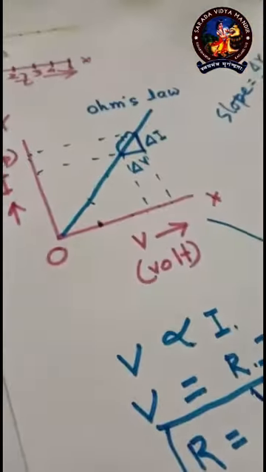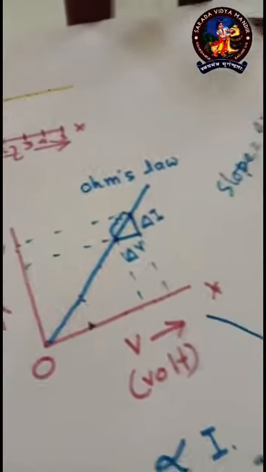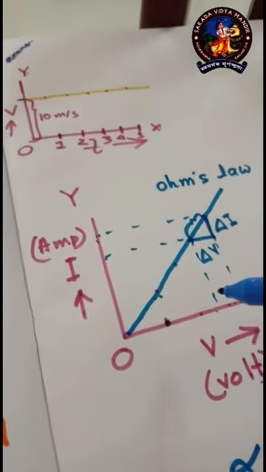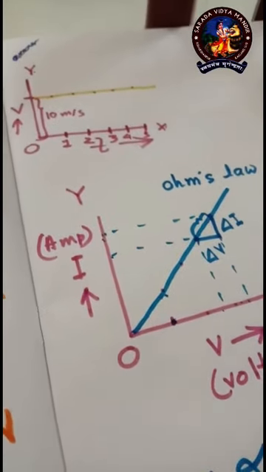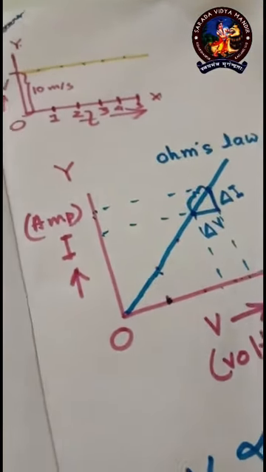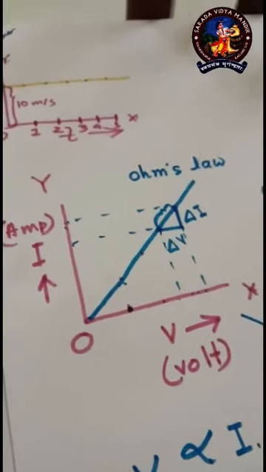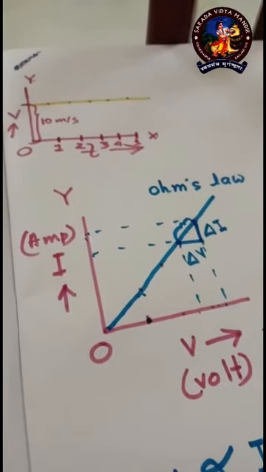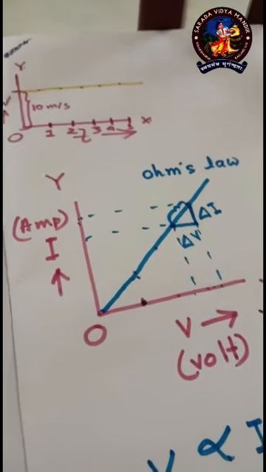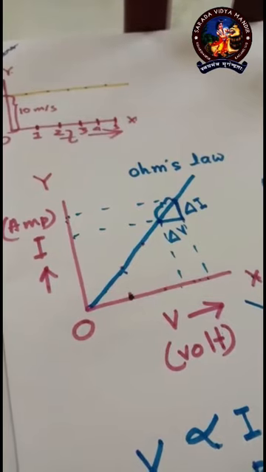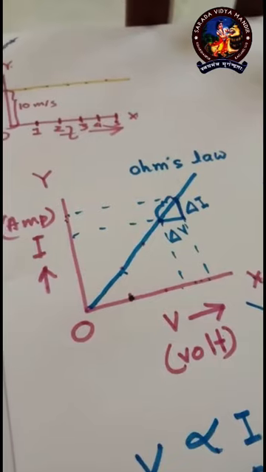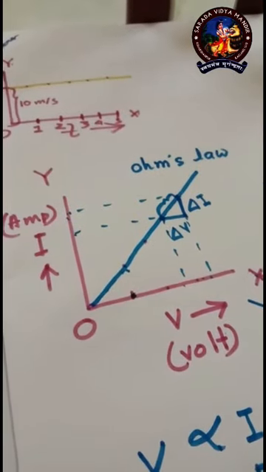So one more thing, if I intend to have the graph in such a way that we get the resistance itself by the slope. Got my point? This graph is representing the reciprocal of resistance. Now is it possible for us to draw a graph in such a way that the slope represents the resistance itself? You just think, and if possible you draw the graph and send me the answer.